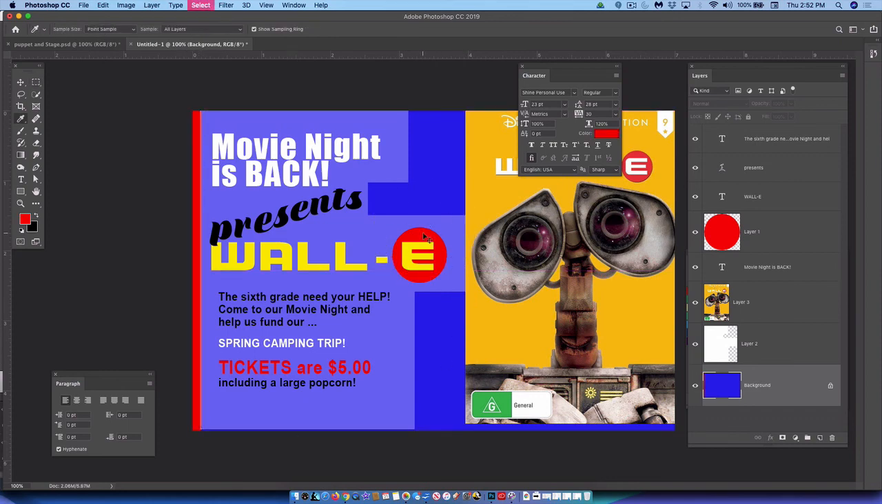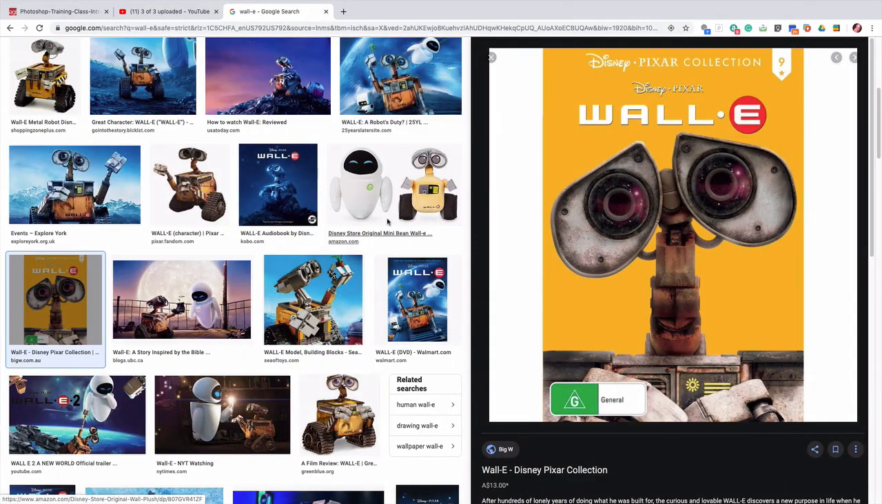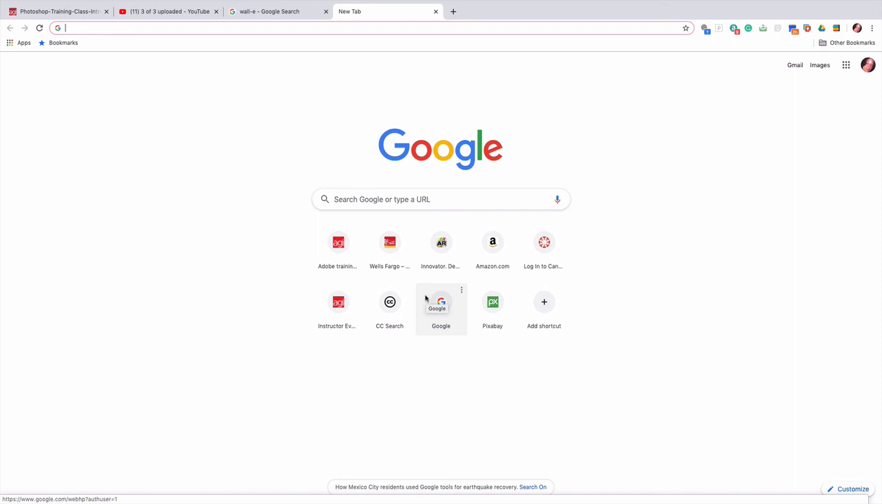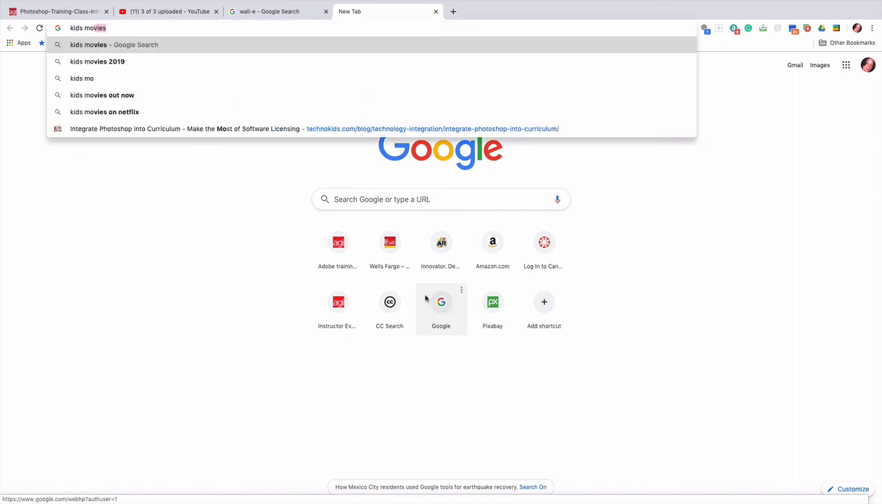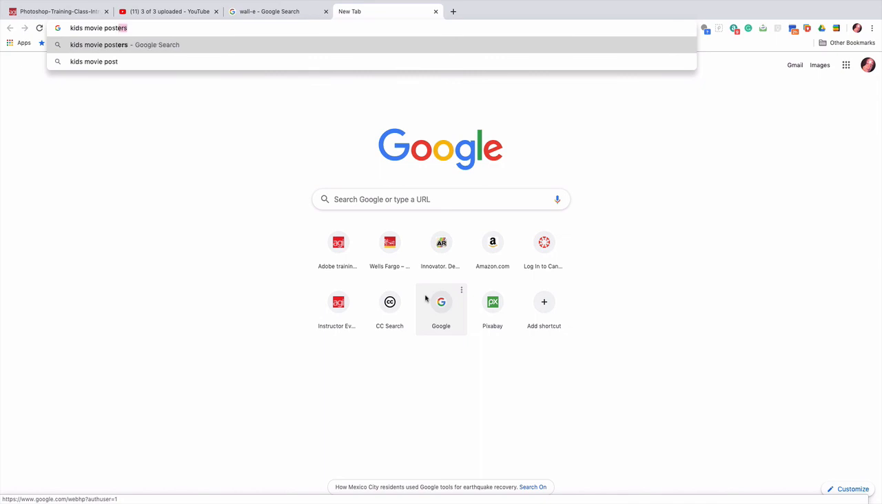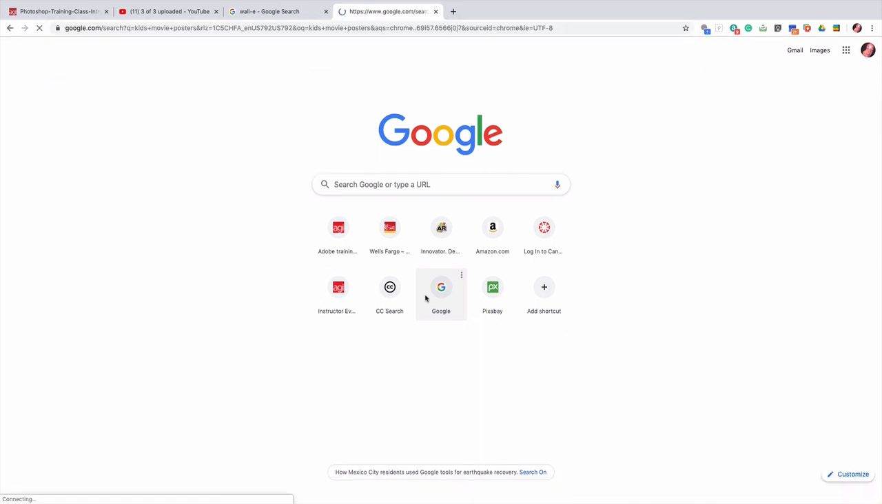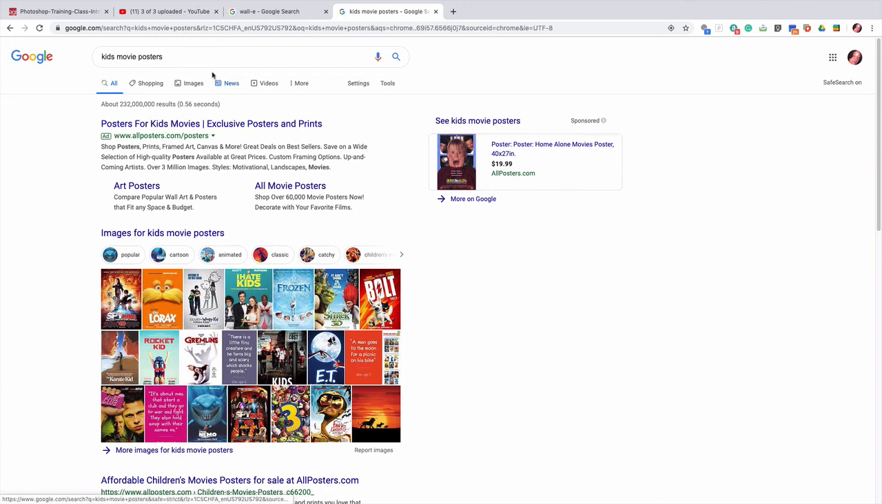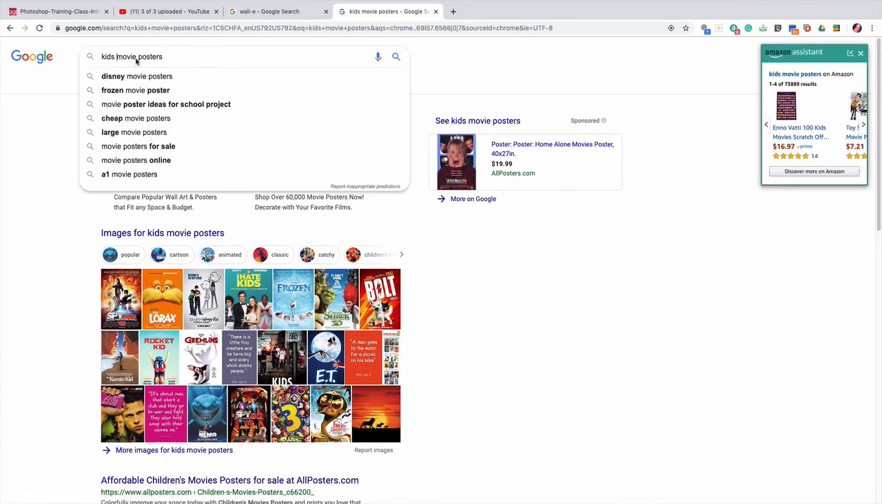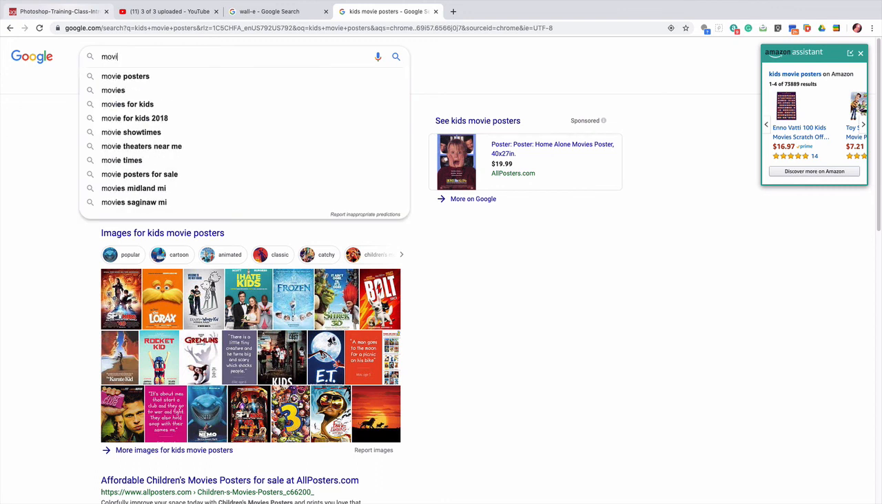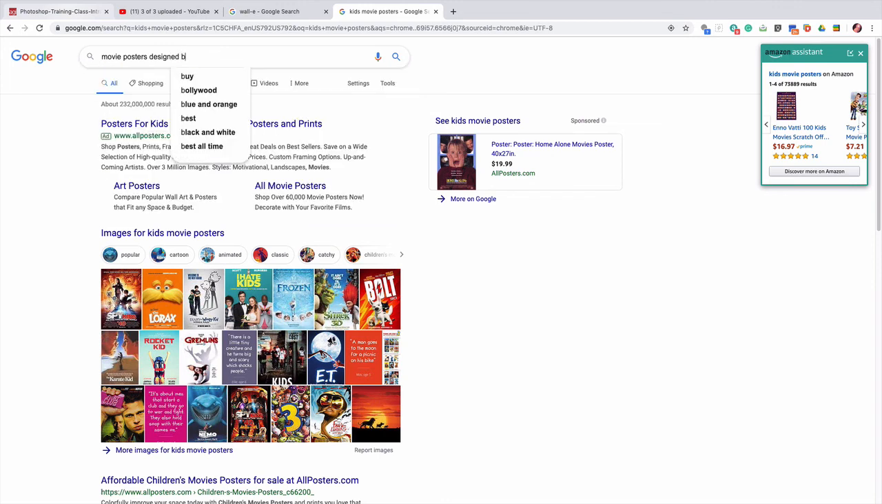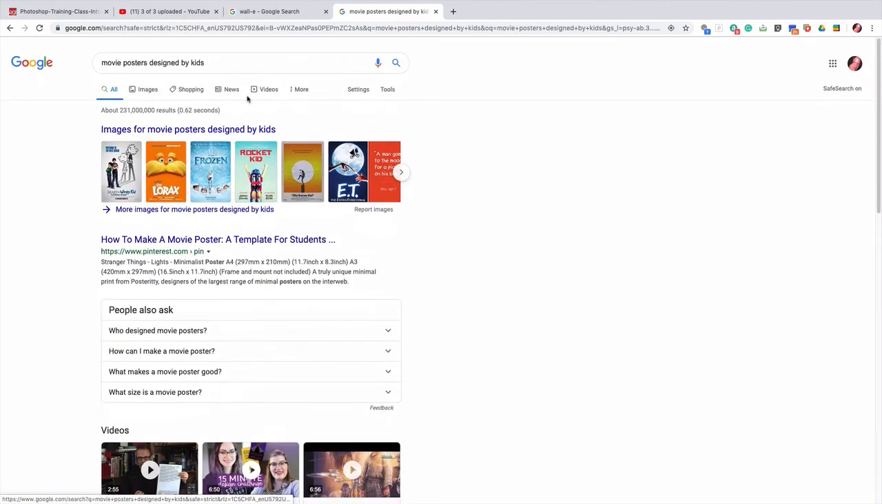I don't think I'm a great designer. I think I'm a good designer. But there's some people that are just amazing. I'm good. I'm okay. But you look at a lot of design work, like kids movie poster. Might not find a kids movie poster design, but you might be for a kids movie. Movie posters designed by kids, right? Movie posters designed by kids. And now you can see if we go to images,